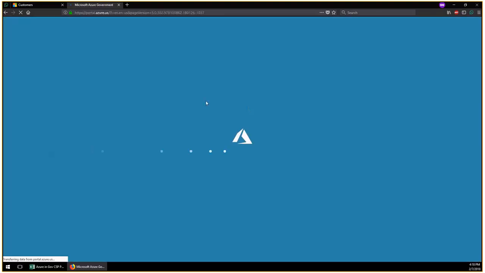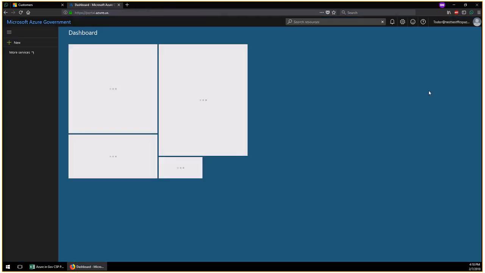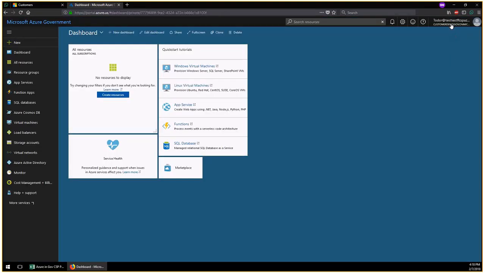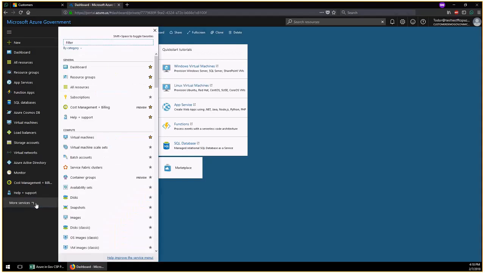And now I am logged into the customer tenant with my global administrator credentials. You can see that I'm in the customer demo gov here in the top right, but I'm logged in with my Total test account. First step, as you can see, there's nothing in it, but one of the things we care about is to see if there are any subscriptions and how we can create any resources and so on. So let's open the More Services tab here, and we'll see pretty much everything. If you click on subscriptions,